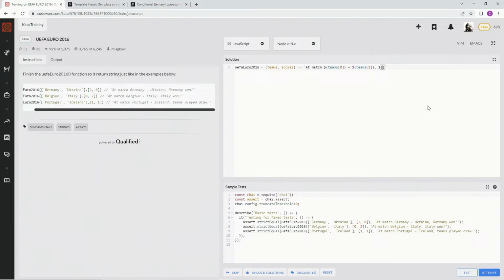And then here's where the tricky part, and I'm putting that in quotes, comes in. So right here we're going to start off with a tie. So if scores 0 equals scores 1, then we're going to do the conditional operator right there, and we're going to put the string, what is it? Teams played draw, all right, with a period. And then